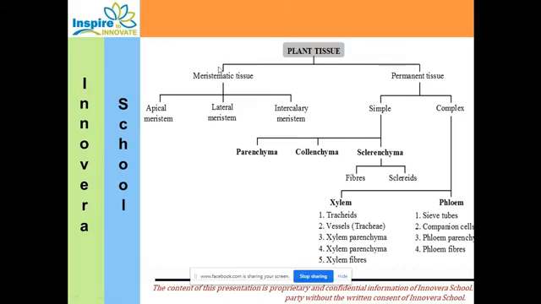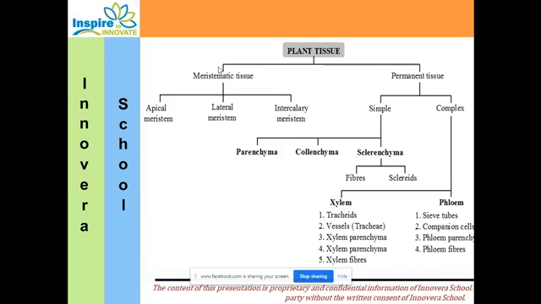Okay, so here you can see, just now I told you one classification table. This is what you can see in front of you, that plant tissue is basically classified into meristematic tissue and permanent tissue.